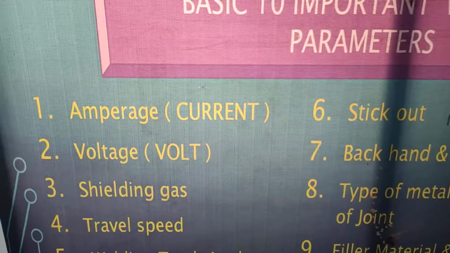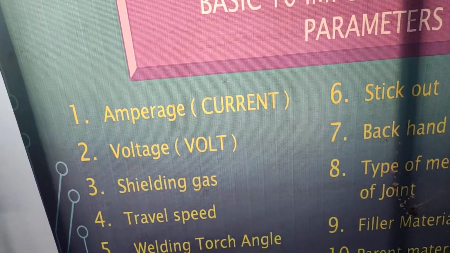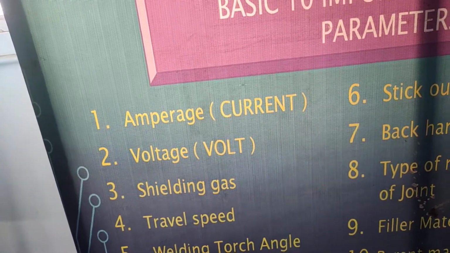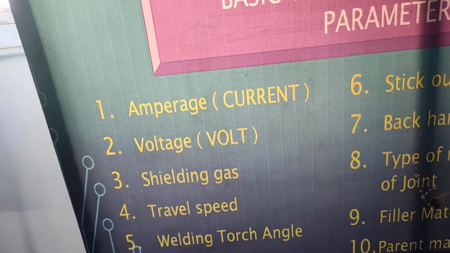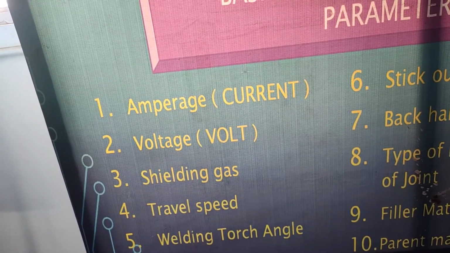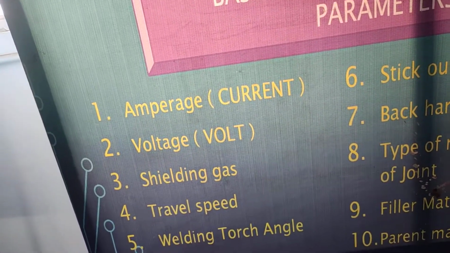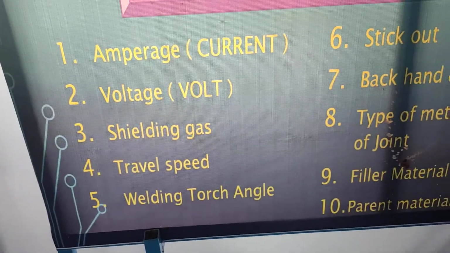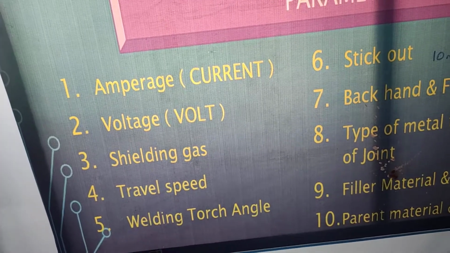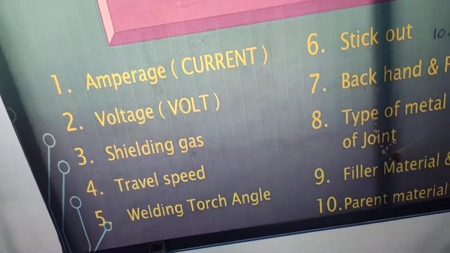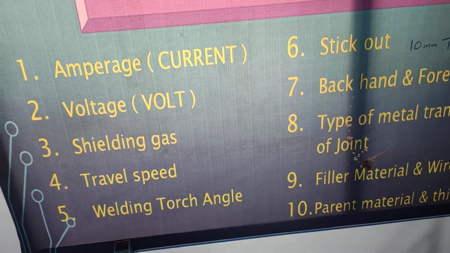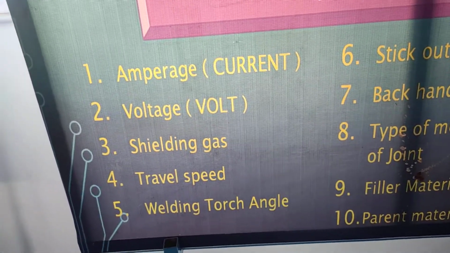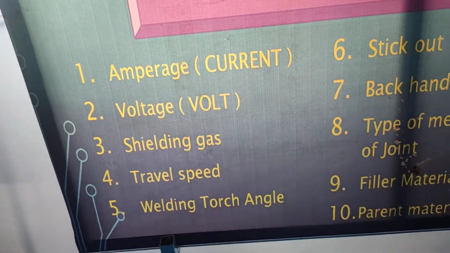In shielding gas, there are two types of gases, MIG and MAG. MIG means metal inert gas, MAG means metal active gas. Metal inert gases are argon, helium, neon, krypton, xenon, radon. Metal active gases are carbon dioxide, oxygen, nitrogen, hydrogen. What is the difference between the inert gas and the active gas? In active gas, the temperature is minus degrees Celsius inside the cylinder. We use a heater to turn the liquid into gas inside the cylinder, and the gas comes outside by the function of the heater.